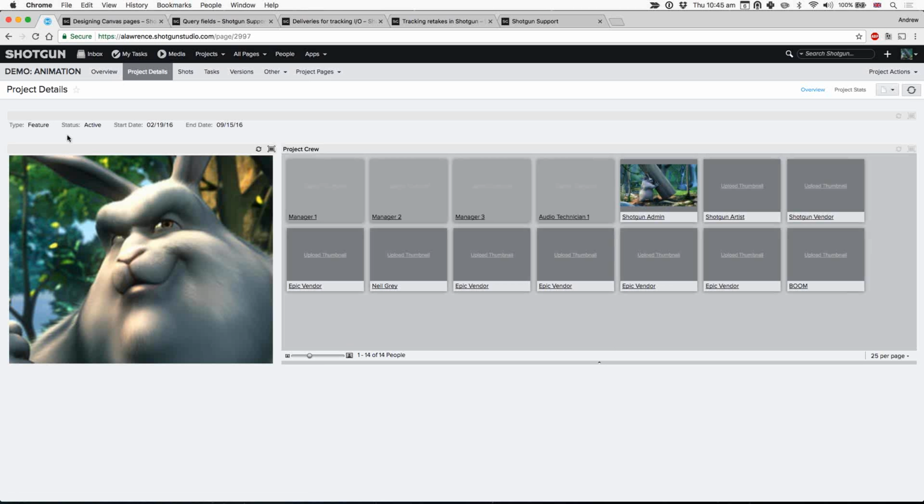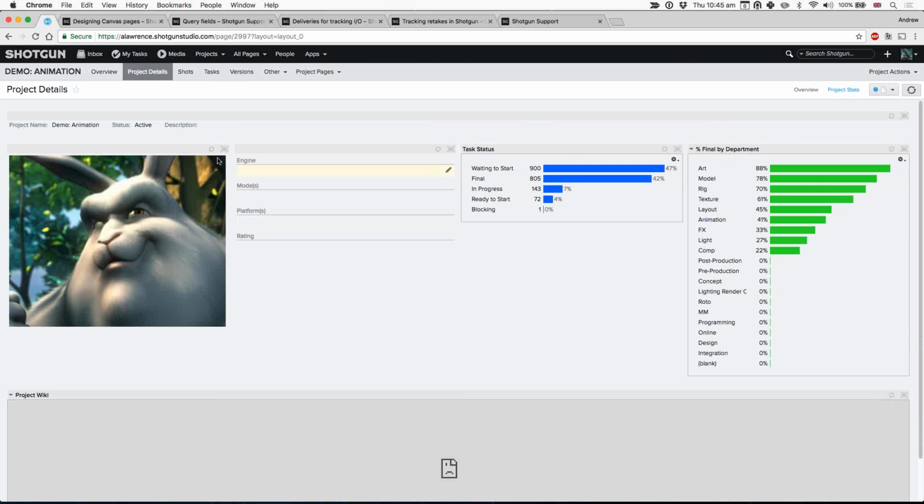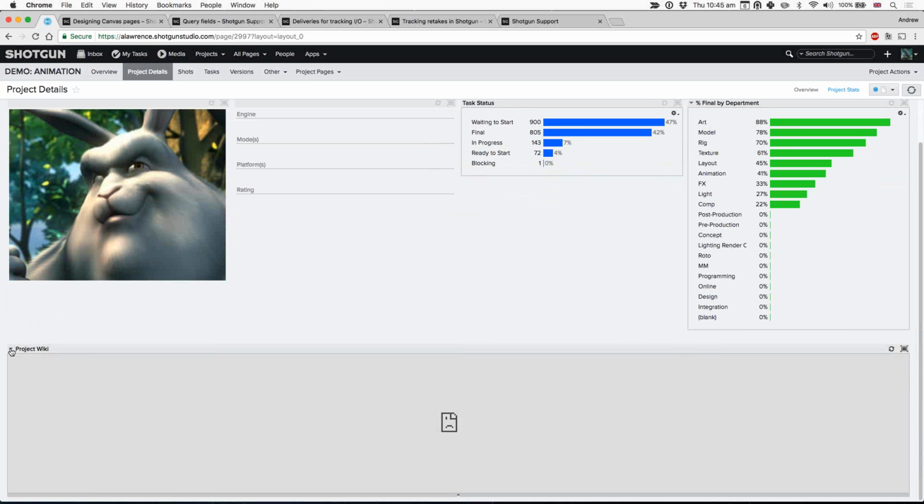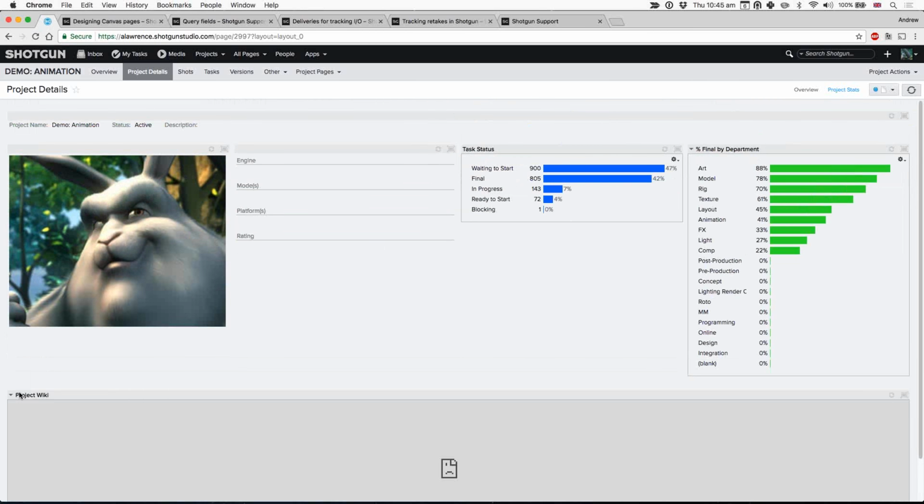So for example, this is showing me the details of my project, and it's showing me the crew who is assigned to my project. I have another tab over here called Stats, which actually shows me some stats for my project with graphs and thumbnails, and also has an option for a wiki. So we're going to go through how to create these widgets, but what I'll show you first is